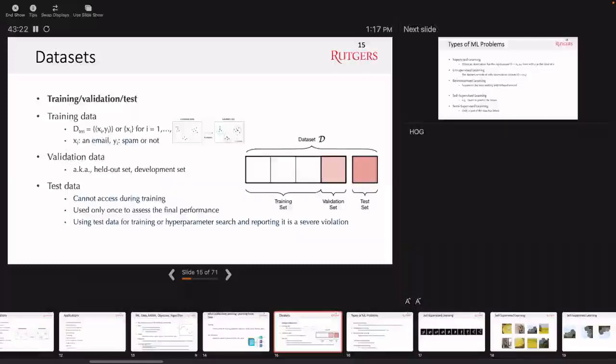Right? Later, you're going to see that if you only use the training error to select your model, basically every model will be the best because you can always overfit the data set. That's why you need a separate data set to preliminarily test a model to see which model is better. For example, you can